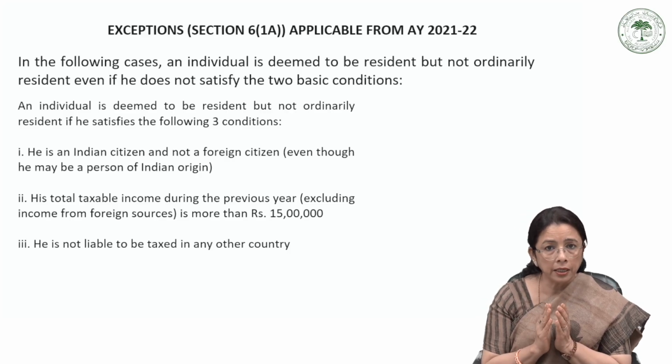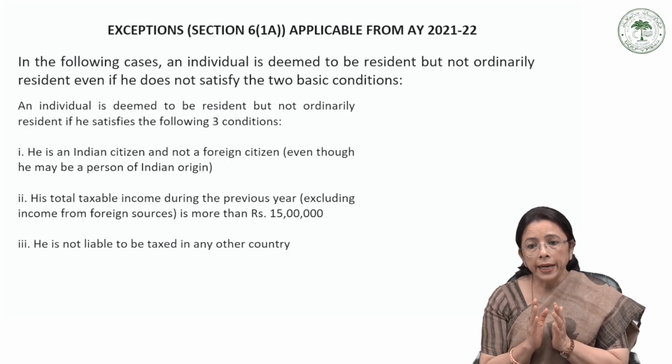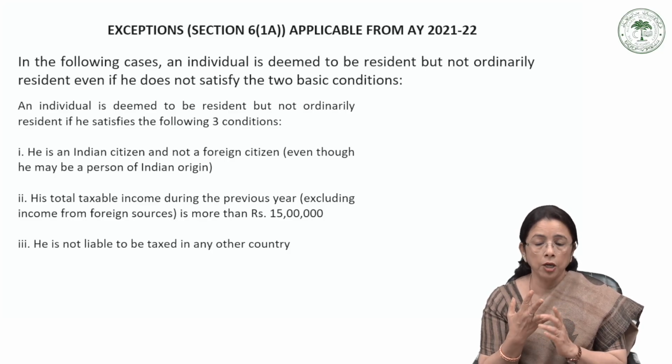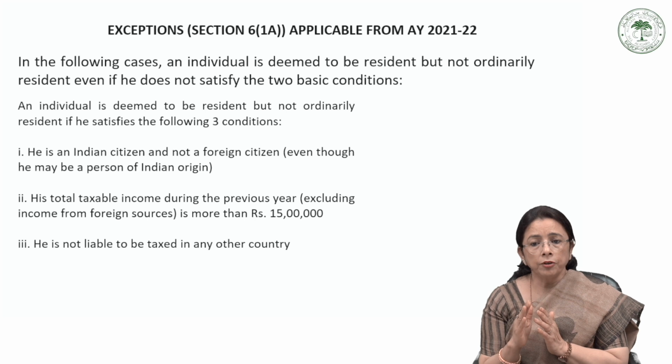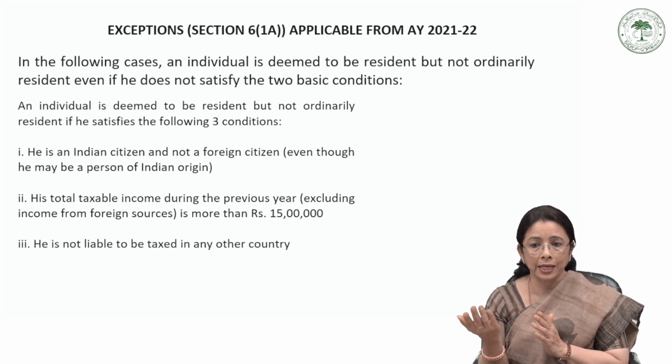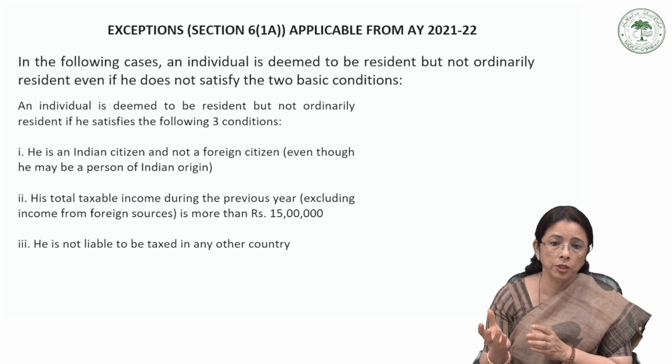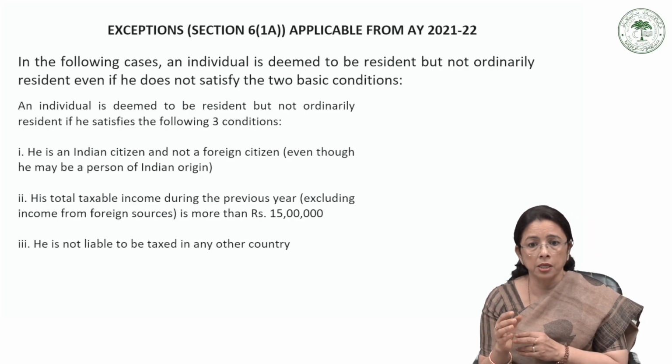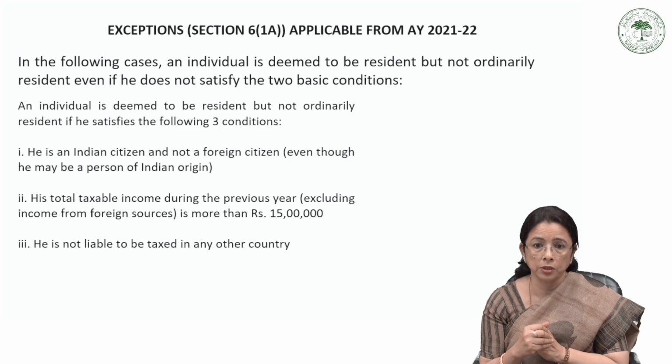Secondly, the income threshold that has been defined is 15 lakh. It says that income should be from Indian sources, that is salary or rent or maybe business income, etc. It must exceed rupees 15 lakhs. Income from foreign sources, that is maybe you are generating salary from abroad, or you are earning interest from some investments in foreign countries, or some savings in foreign bank accounts, is ignored for this calculation.